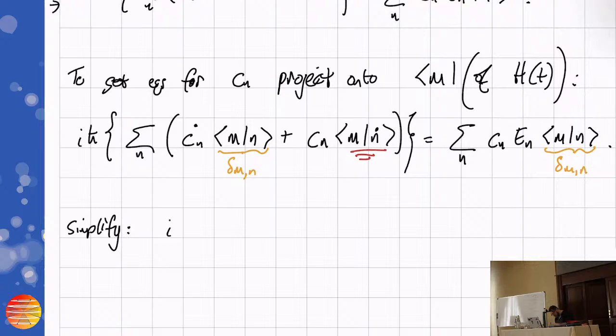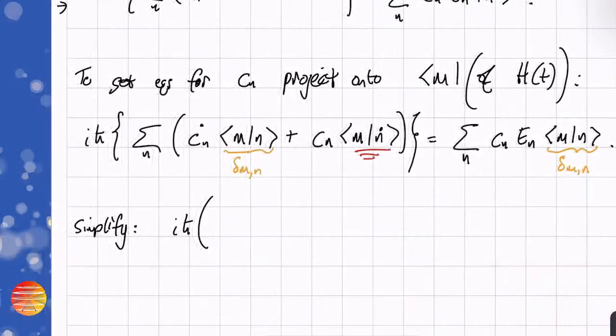I have iħ, and so Kronecker delta, whenever m is equal to n, the term survives. Whenever m is not equal to n, it disappears. So I will have a Cm dot plus,